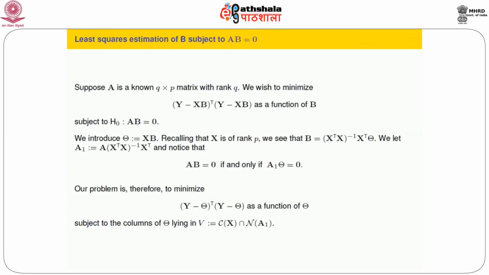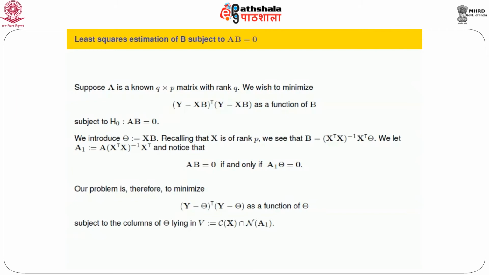So now we are in a position to address the question. Now that we have this prior knowledge and understanding, we want to write down and minimize this subject to AB equal to 0. That is the linear restriction, we repeat. Since we have already seen that finding a solution without any such restriction means we have to project each column of Y onto the column space of X, this is a general purpose technique. So we have to somehow create a situation, by a little bit of technical manipulation, where the same kind of calculation goes through with additional care and additional work.